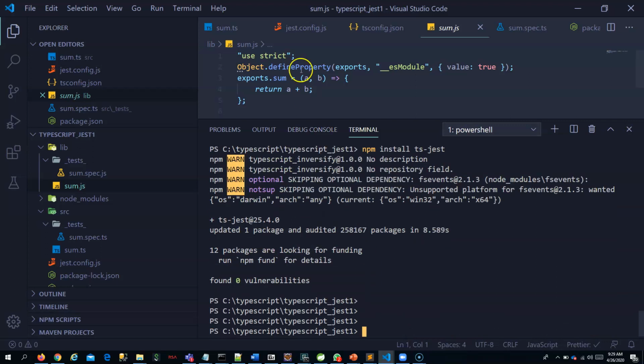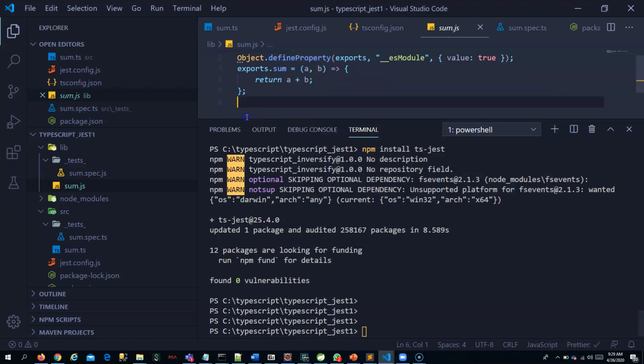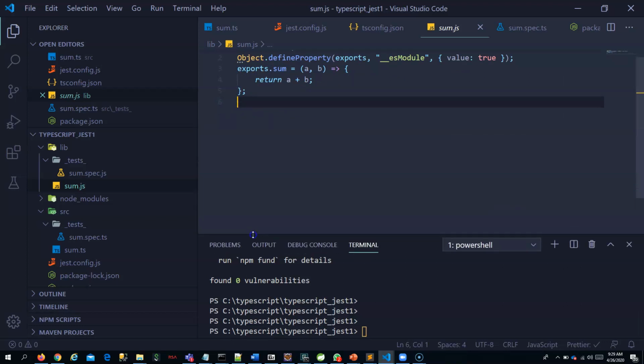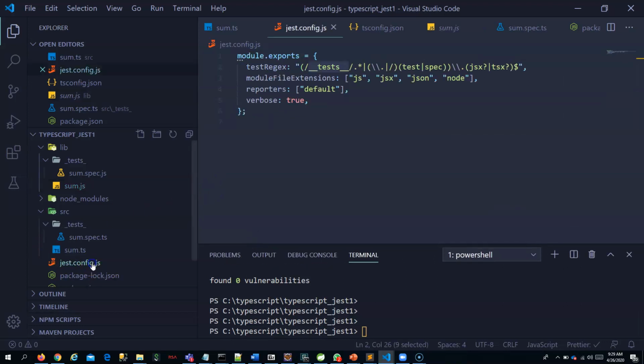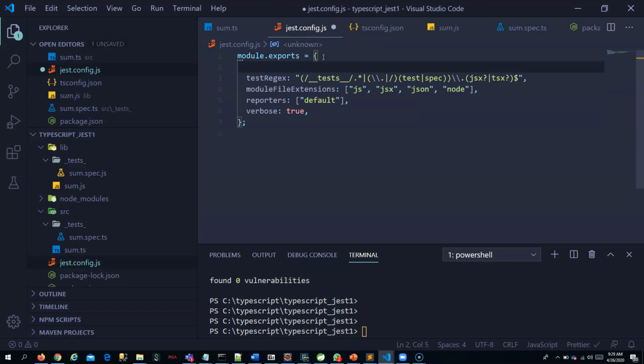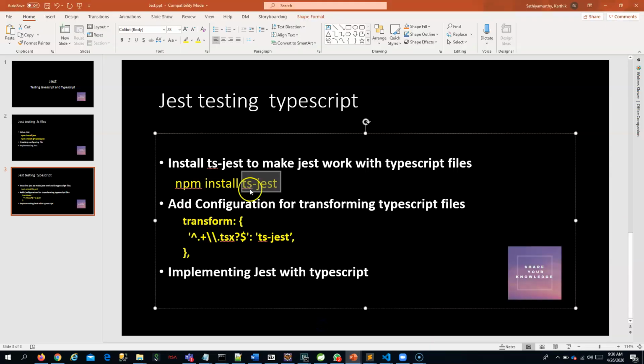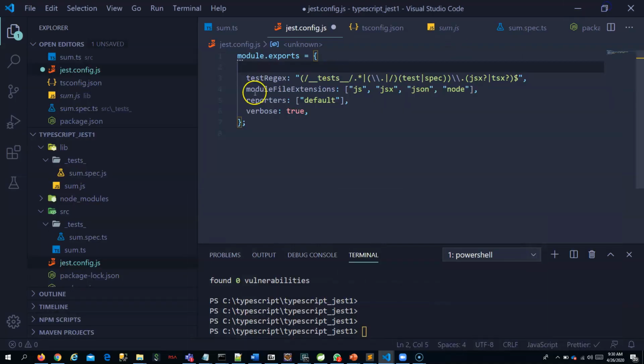Now we have installed ts-jest. Now we can use ts-jest to transform your files. We can tell the Jest configuration that before testing, you convert all the TS files to JS and then run with Jest. For that you also need to add this line: for transformation, all the TS files you convert using ts-jest.